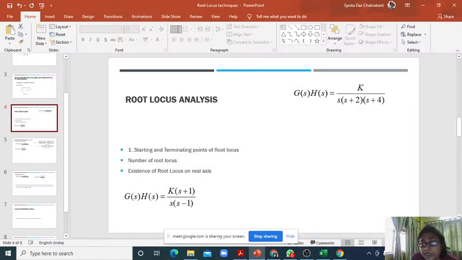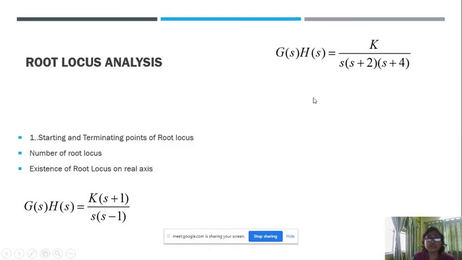Okay, so today we are going to start root locus analysis. In our previous discussion, we considered a first order system and tried to draw the pole location with changing value of a DC gain. After that, in the second day, we did the same procedure for a second order system.